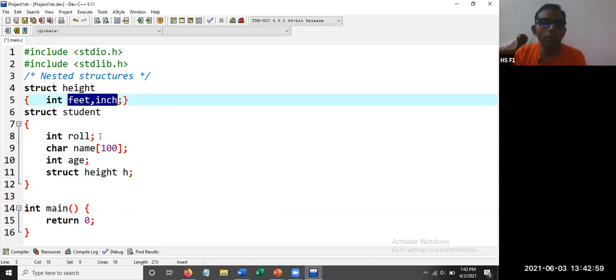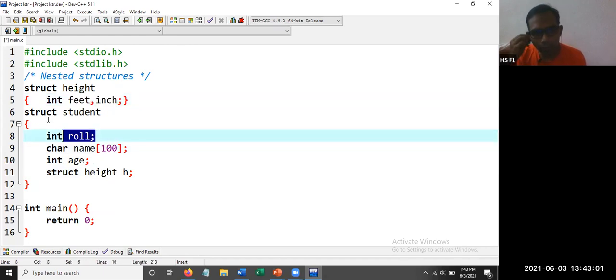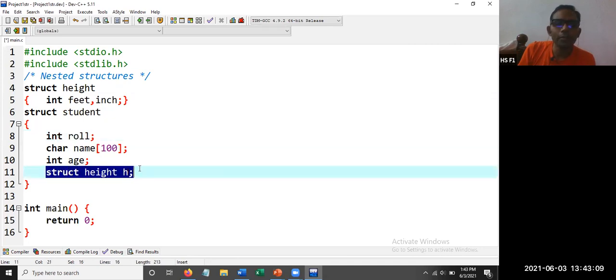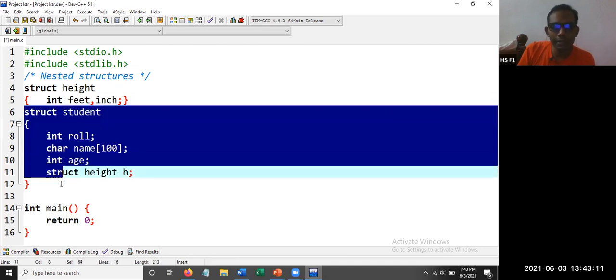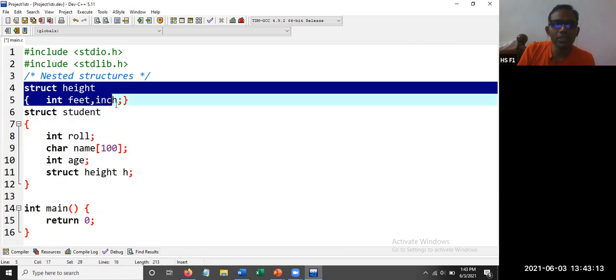We want to accept the data and print it back. So now we are creating a variable inside this particular structure. Then this structure is called a nested structure. Struct height is called a nested structure.